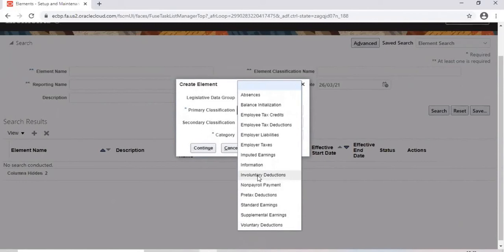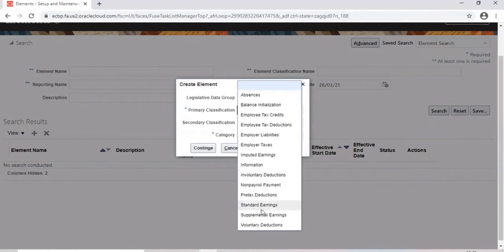So depending on the type of your salary component, you choose this classification, because based on that the element will behave accordingly. Your PF contribution is not an earning, it's a deduction. Your income tax is not an earning, it's a deduction. Your basic salary is not a deduction, it's an earning. So when defining those elements, you have to choose the corresponding classification properly.